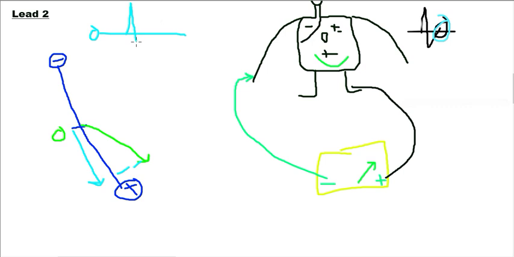Second, it will record the highest because its negative terminal is connected with the negative region of the ventricle and its positive terminal towards the apex. That's why it records the maximum voltage as compared to lead 1 and lead 3, in which the negative and positive terminals are connected in a horizontal direction.